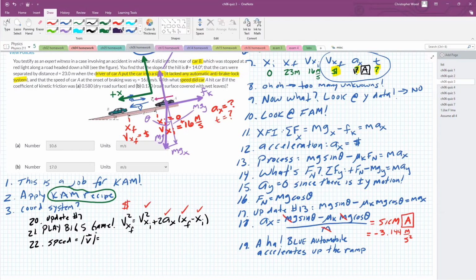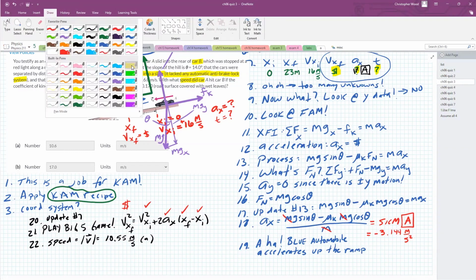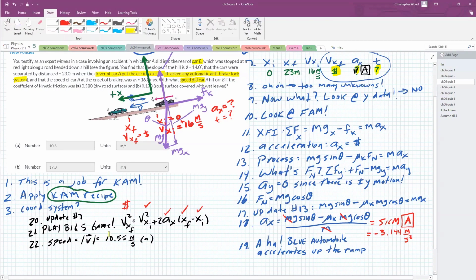Okay, 10.55. This is my speed, 10.55 meters per second. That is the answer to part A, thanks in large part to kinematics analysis method and